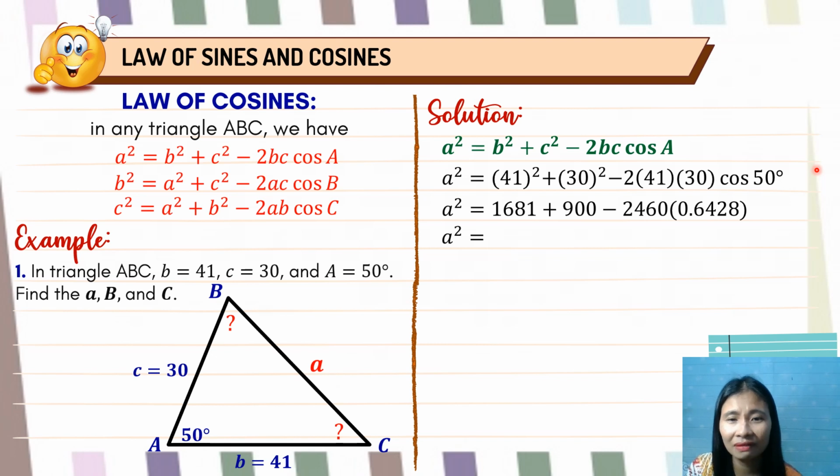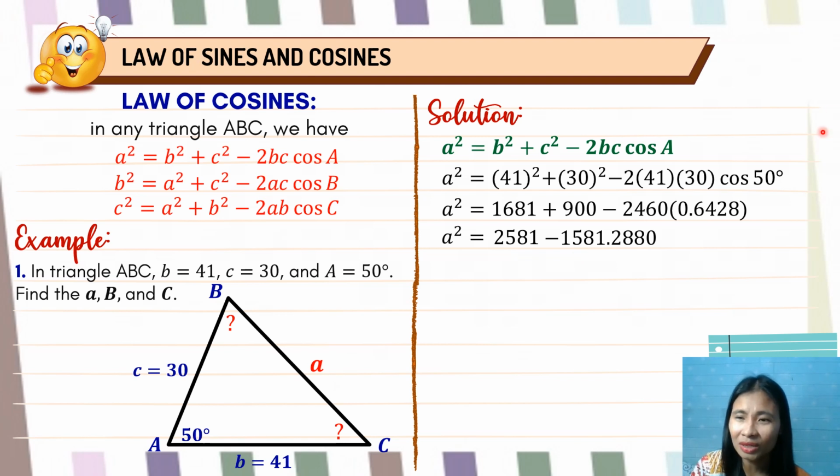Next is we have A squared is equal to 1,681 plus 900, that is 2,581, minus 2,460 times 0.6428 is 1,581.2880. Now, do not worry about the bigger numbers because I think you are allowed to use calculators on this part. So we now have A squared is equal to